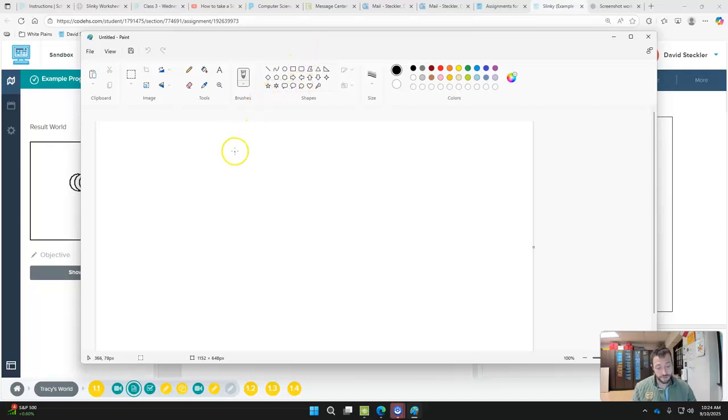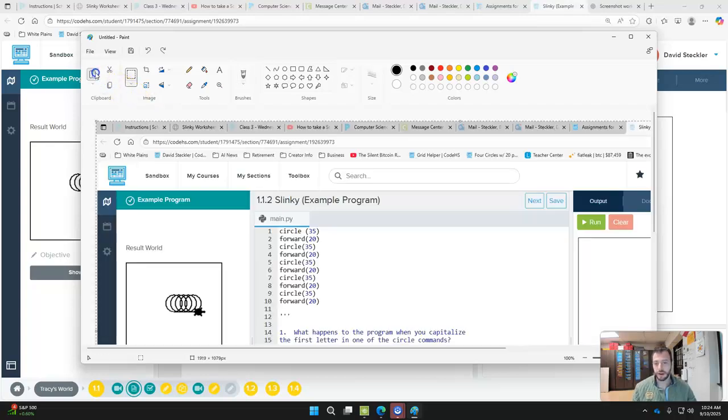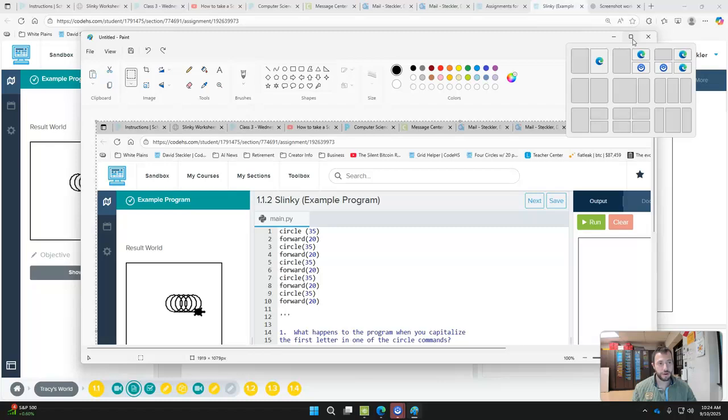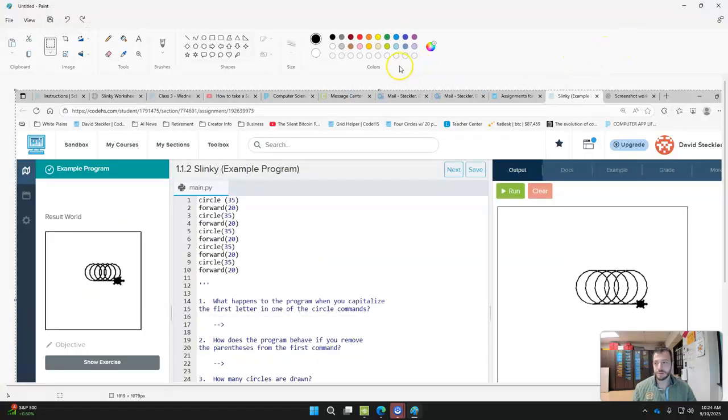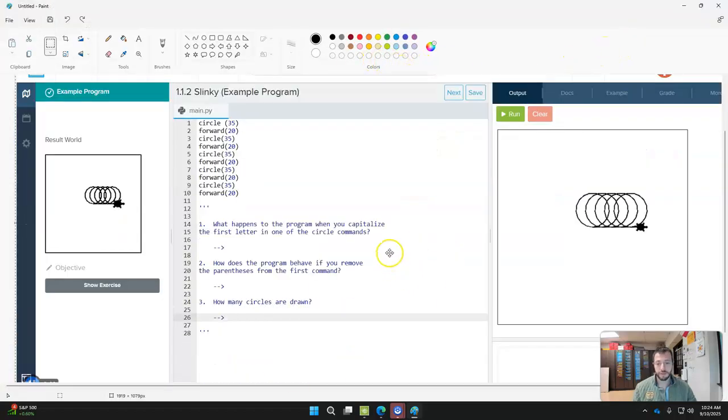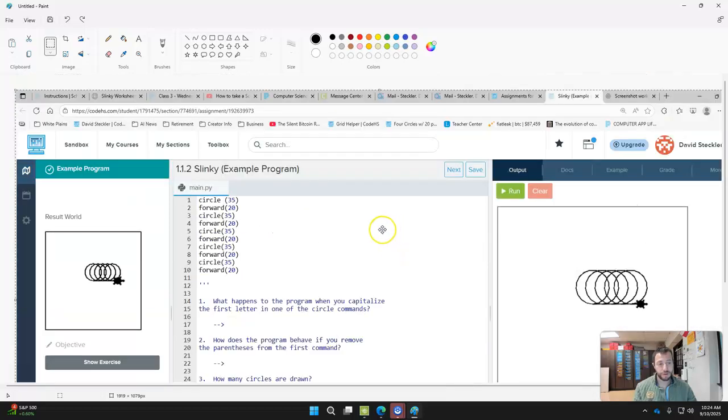The keyboard shortcut for paste is Control-V, or you can simply click this little clipboard icon and it will appear. Now you might see that part of the screen is cut off, so you always want to click this square, which means maximize, and then we can see that everything is there. If we scroll up and down, we don't need to rearrange it whatsoever.